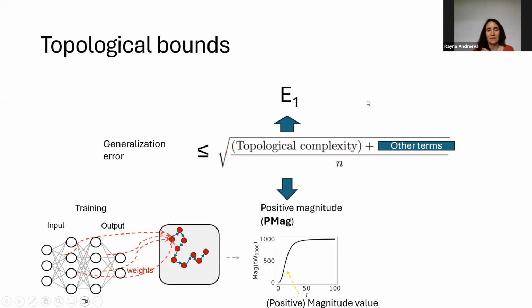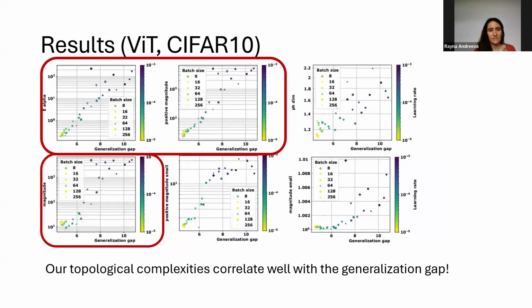Well, because we wanted to prove generalization bounds, and my collaborator Ben, I don't know if he's here, found a really good proof, but only when you consider the positive weights. And then we also thought that positive magnitude would coincide with magnitude itself for high enough values of t. And in fact, we observe in our experiments that magnitude performs quite similarly to positive magnitude in quite a lot of cases. So I guess that depends.